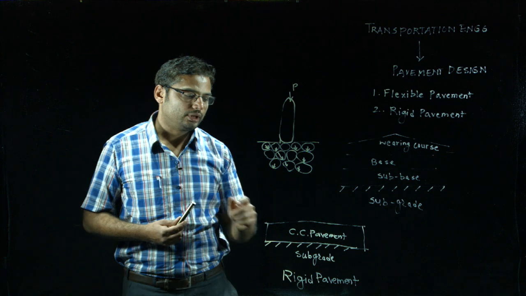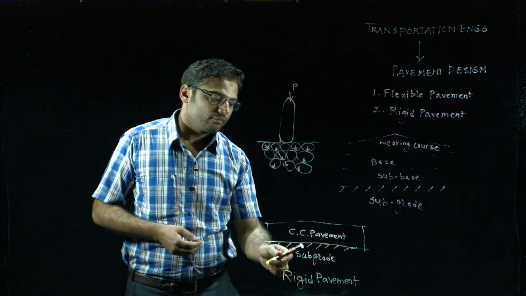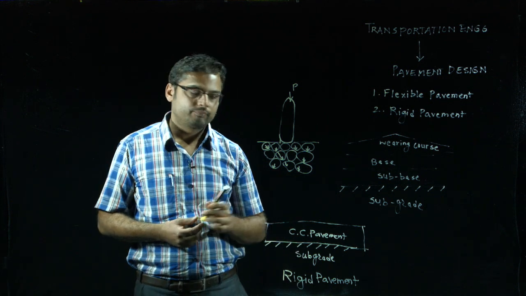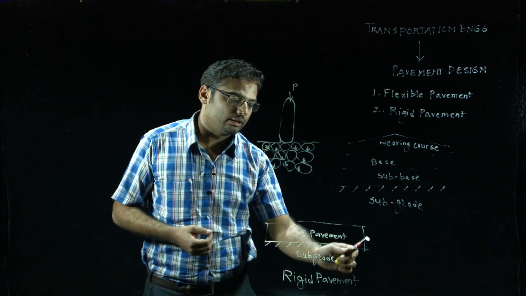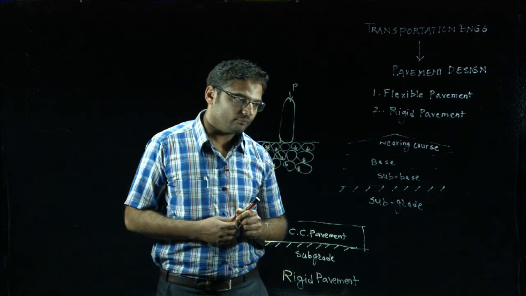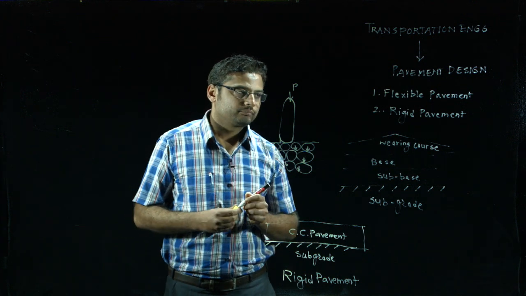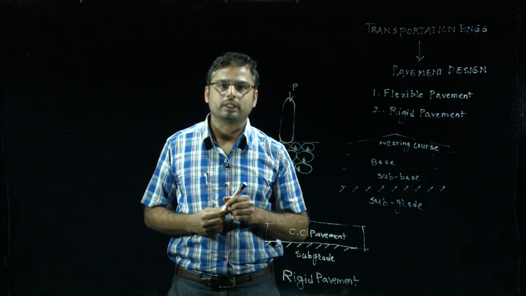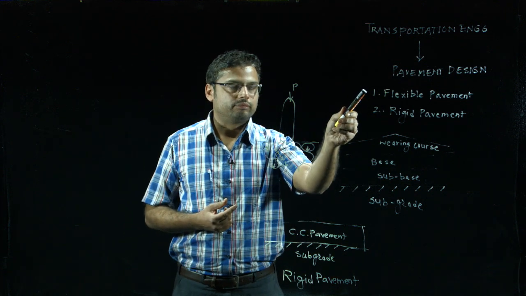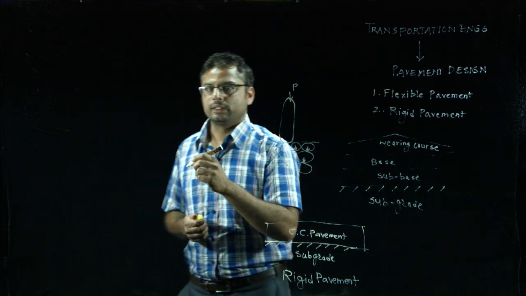Of course, we can also construct the rigid pavement on base. After subgrade, we can construct the base, and on that base we can construct directly the cement concrete pavement, or the slab. We can call it a slab. Next, let us see what are the various analytical methods available to analyze the flexible pavement and the rigid pavement. First, we shall see